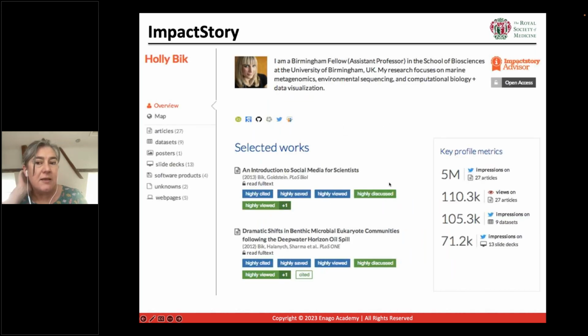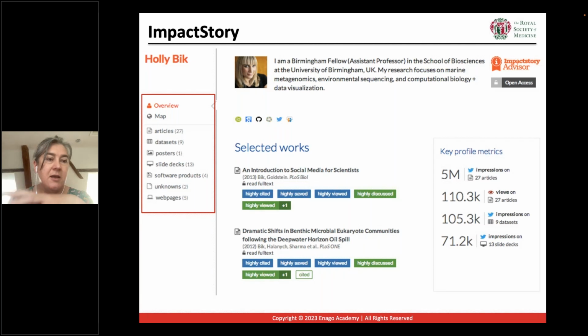So here's a snapshot of another researcher here in genomics, who's called Holly Beck. You can see that on the left-hand side of the page there's a navigation bar, which shows the scholarly genre that you want to explore, so articles, slide decks, software products, and so forth.